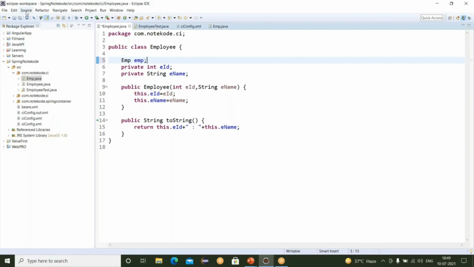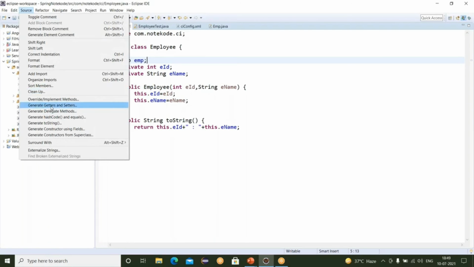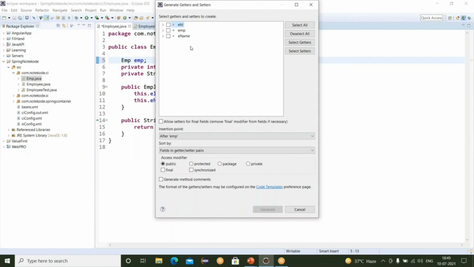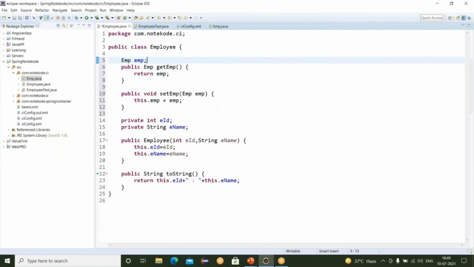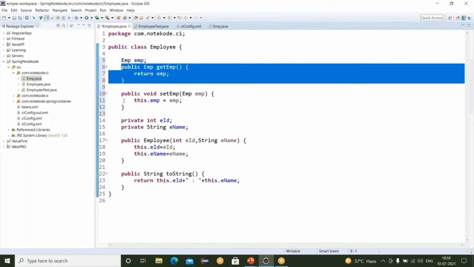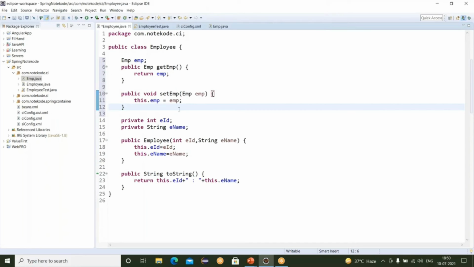So just go to the source and here generate getters and setters. For which? For EMP type. So I've generated it. You can see the getter and setter for the emp variable of EMP class is created here.